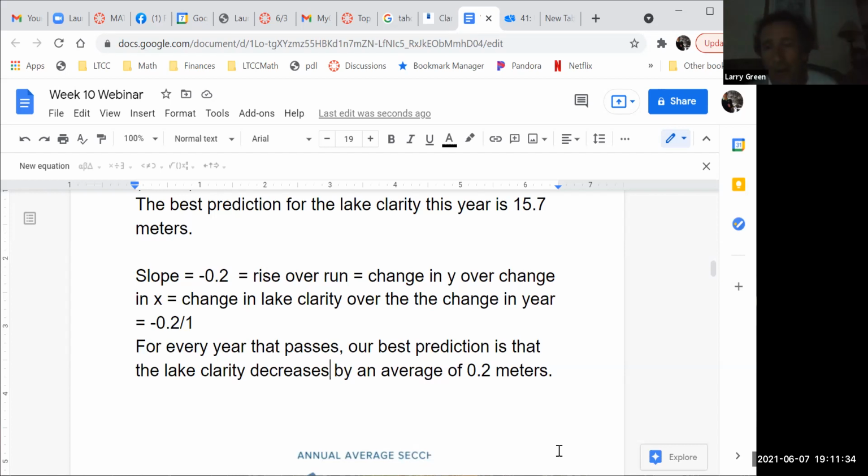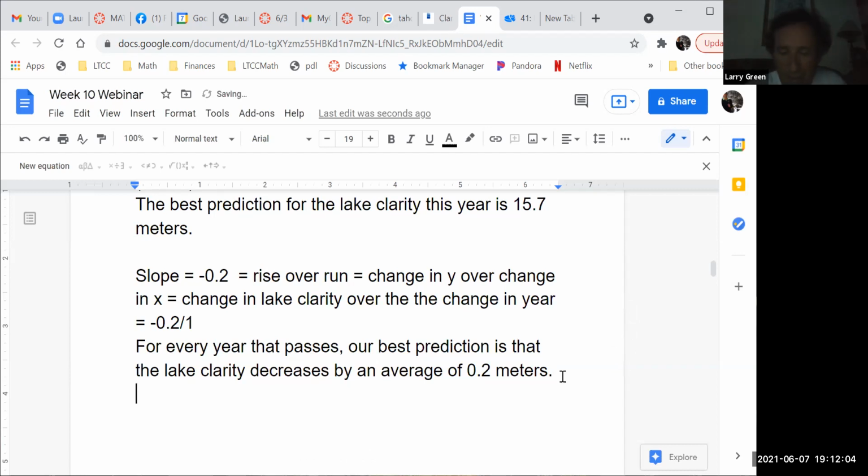Okay, even more important is, can you do this kind of sentence given a regression line? You know, not about lake clarity and year or anything, but whatever it might be. Could be, I don't know, month and COVID positives or something. And right now we're definitely negative, by the way. We have a negative slope, which is good. Fewer COVID cases. Any questions so far?